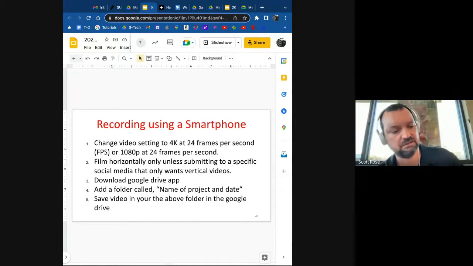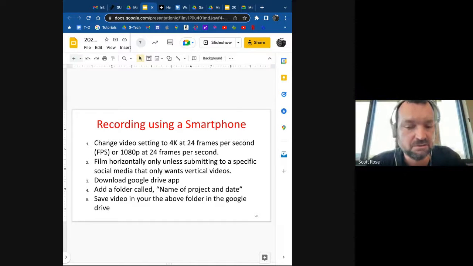When you download the Google Drive, you can sign in to your district Gmail, and if you didn't know this, you do have unlimited storage on our district Google Drive, so you can upload all you want. It's unlimited,